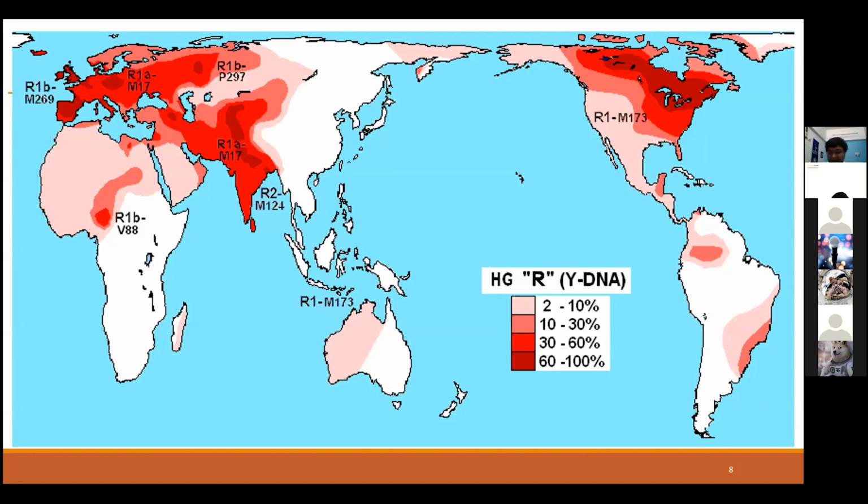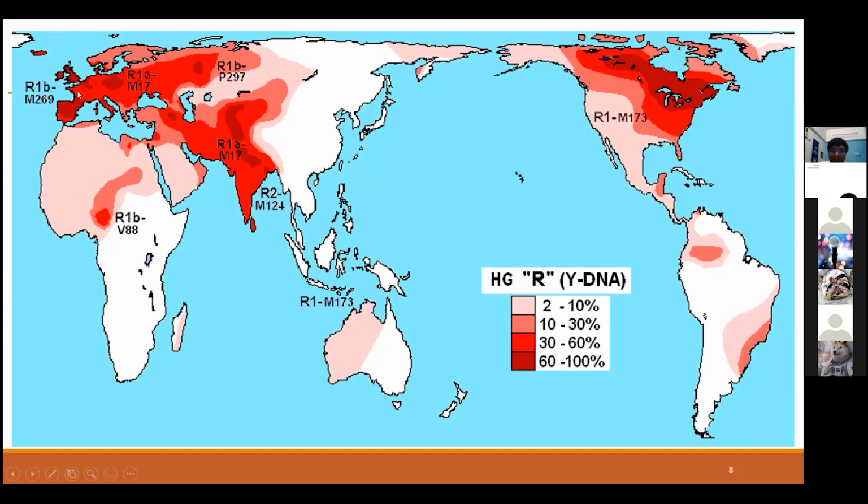Now, it is not just in culture and language that you have similarity, but even in your genetics. Now, there are many types of DNAs. You have to understand that there are two major families of DNA. One is called the Y-DNA, which gets spread from father to son. And second, there is mitochondrial DNA, which is called the mtDNA, which is inherited from mother to daughter. Now, if you see the spread of the Y-DNA, which is inherited from father to son, you will find a graph which is very similar to the speakers of the Indo-European group of languages.